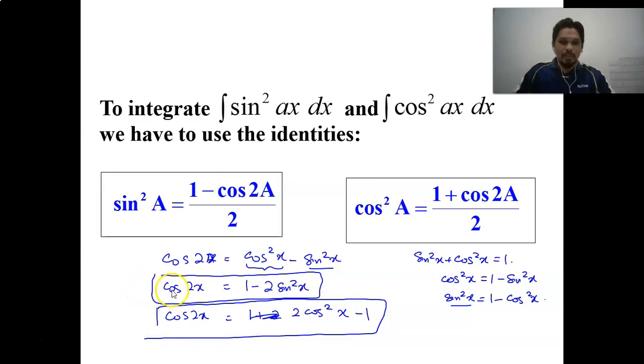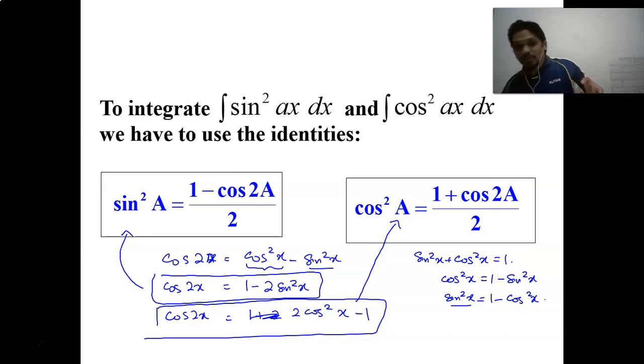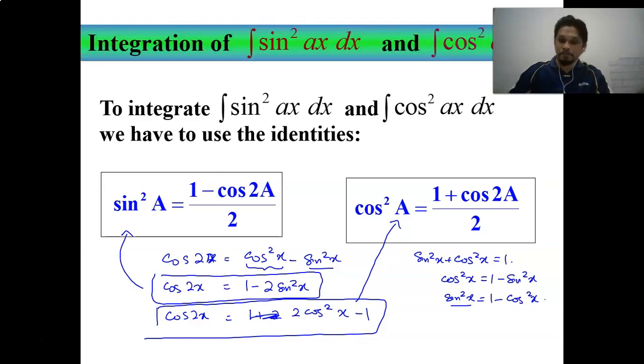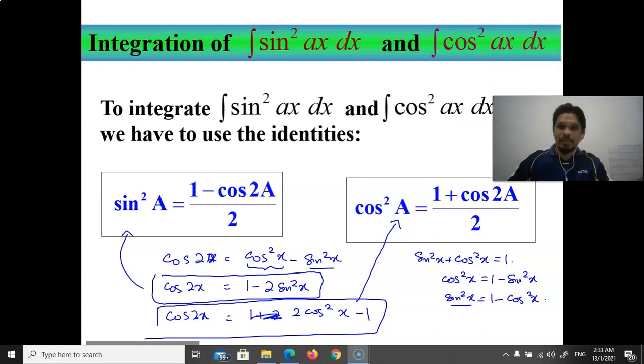So from the formula cos 2x equals 1 minus 2 sine square x, we elaborate to get this one here. And cos 2x equals 2 cos square x minus 1, then we elaborate until we get exactly the same as this one here. That's not the point of our discussion for this topic of integration, but just to refresh our previous knowledge on the topic of differentiation. Now,